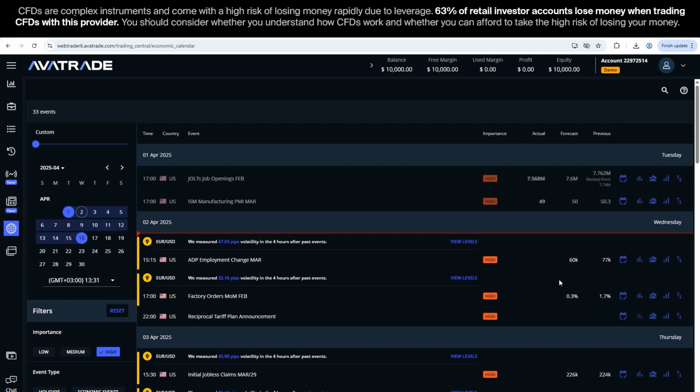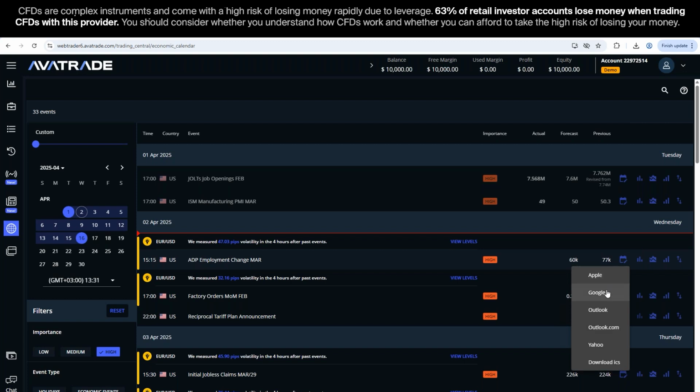Now, apart from that, before we finish this segment and move to the second part, the practical part, there is only one feature that I want to show you. You see that there are a few icons here. We've got the impact, volatility, price chart, event chart, and lastly, add to calendar. Now, guys, this is wonderful in many ways, because to remember when the event is, and to specifically go to the calendar and see the result and then go to the chart,